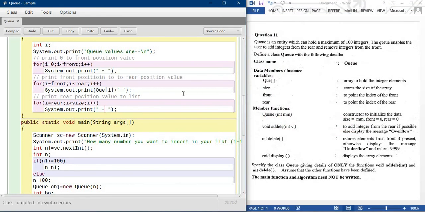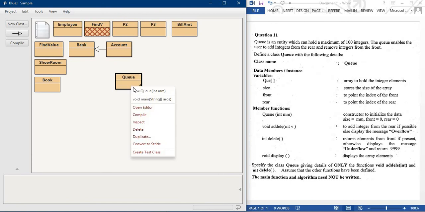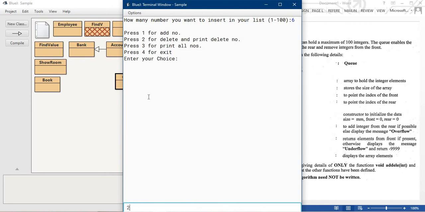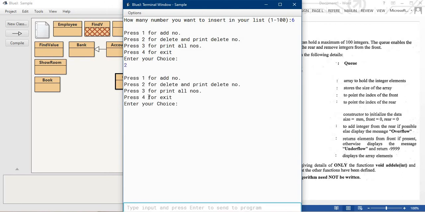So compile. Everything is okay. First I'm entering the size, which is 6. Now I'm pressing 2. So you can see there is no value.